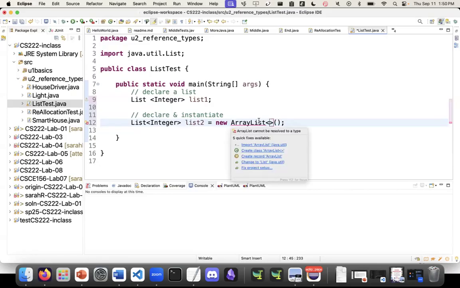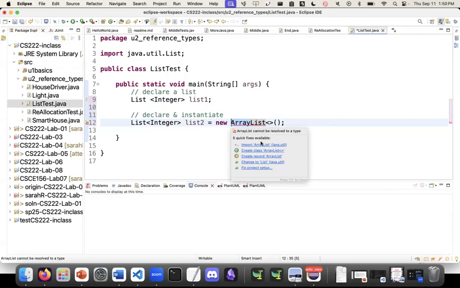So we have to use ArrayList. We'll talk about this later when we get to interfaces. But ArrayLists are a more specific type of list, about how it is actually implemented in memory. And so ArrayList is implemented, you might have guessed, using arrays. And so we have to say, I want to make a list. Here's the specific kind of list that I want to make. So list is more general. It's a broad term. And we need to be specific and say, here's what kind of way we'll represent it